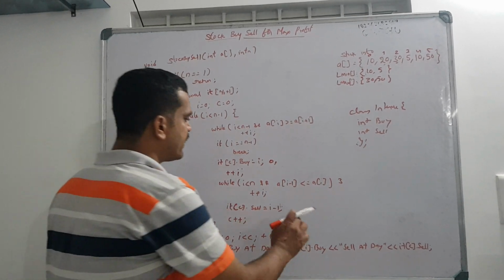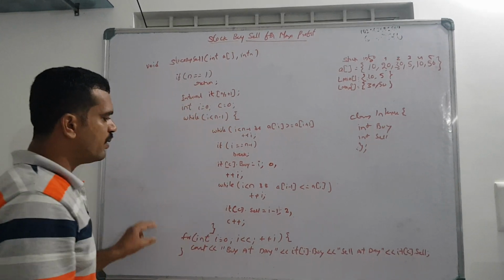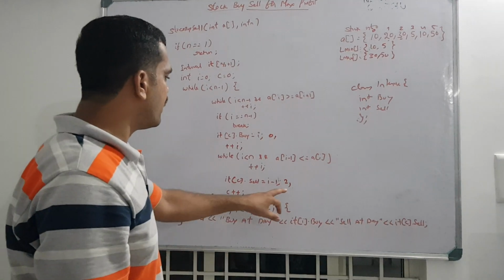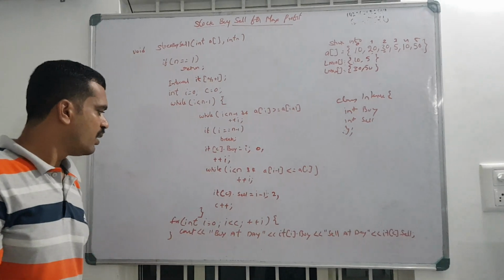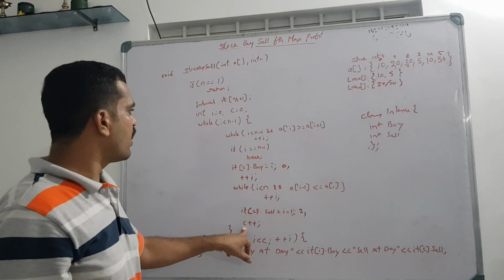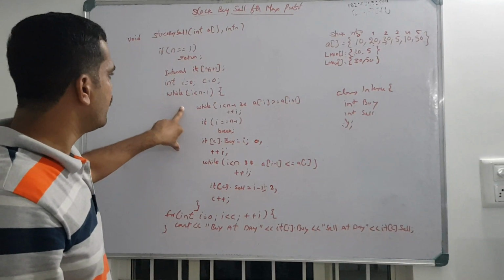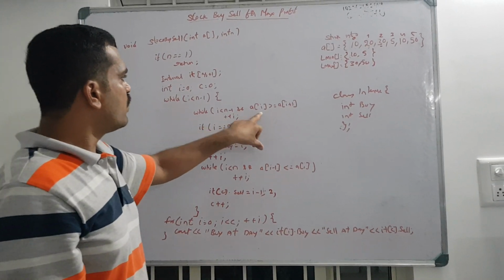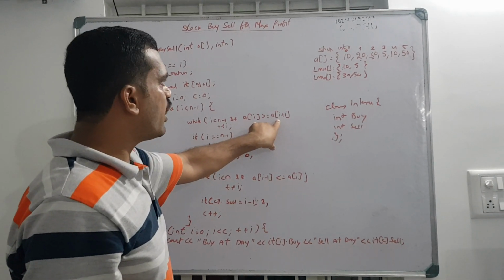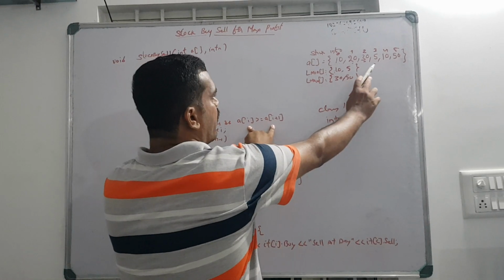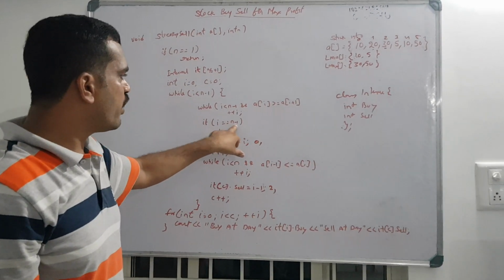Now you can find the selling part, which is i minus 1. That is the second day, you can sell, you can find the local maximum. Now increment the counter index. Again go back here. Now i is equal to 3. Now a of 3, that means 5, is greater than or equal to 10? No. So i is equal to n minus 1? No.